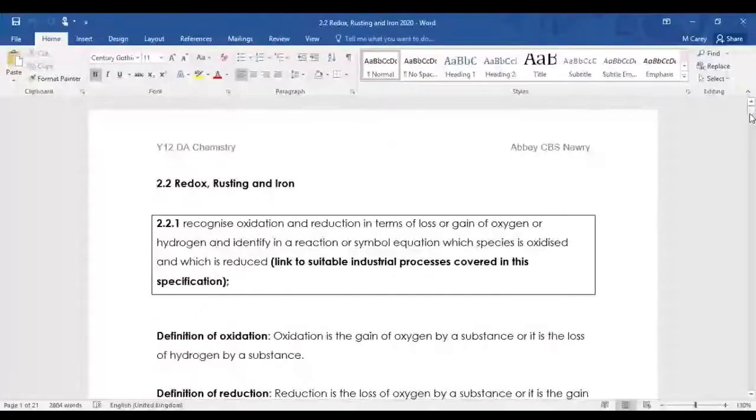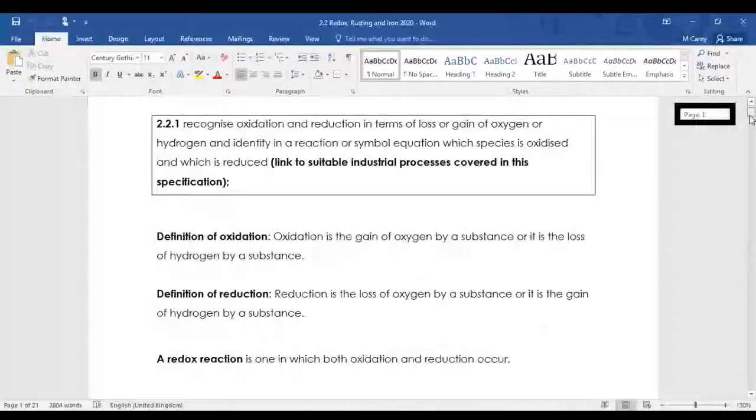Okay, so first thing is the definition of oxidation, right? So the key thing you need to know is what the definition of oxidation is. It can be defined in 3 different ways, right? 2 of them are foundation tier, more simple and straightforward ways of talking about it, and then one of them is the higher tier. Now, hopefully I should be able to write on this. Okay, so